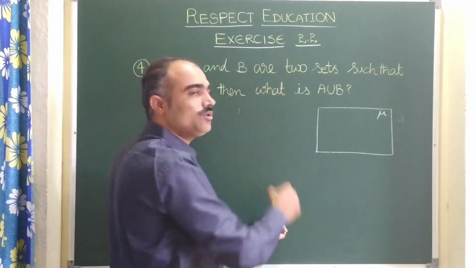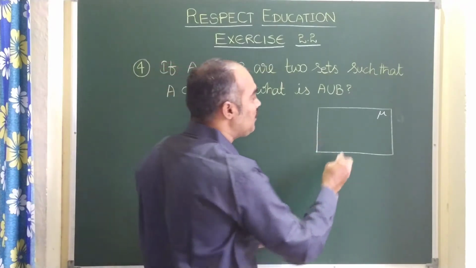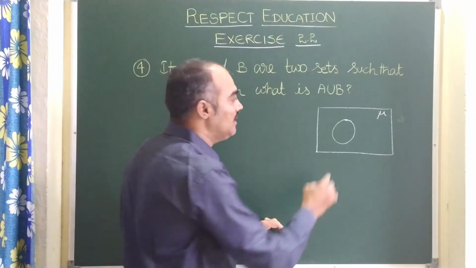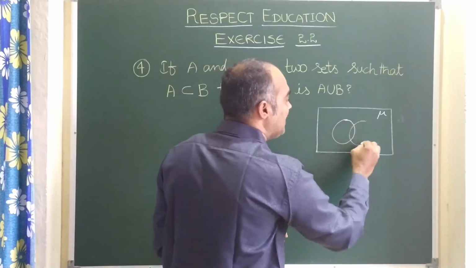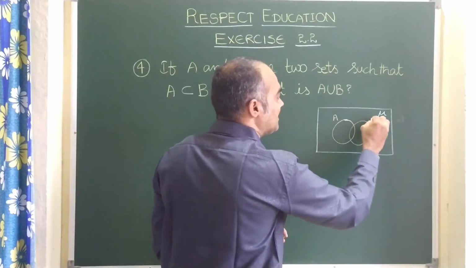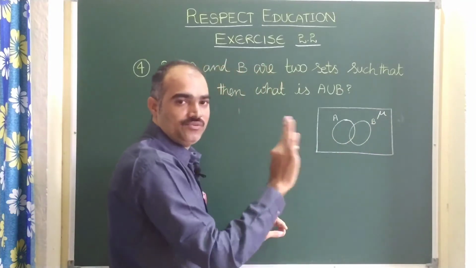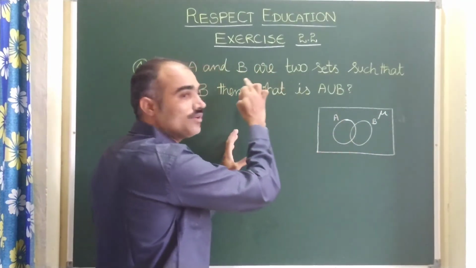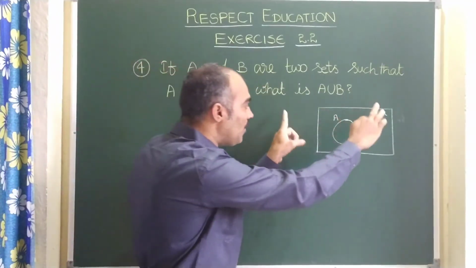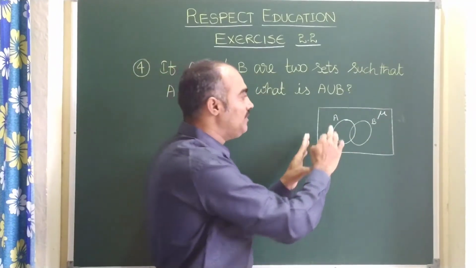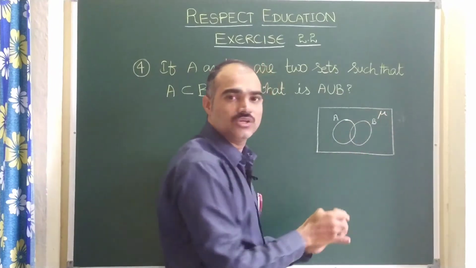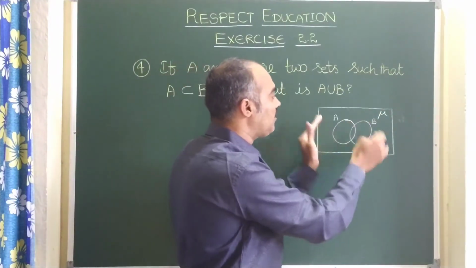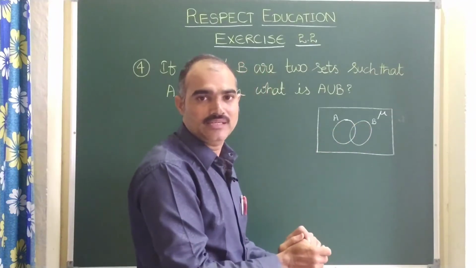Now here A and B are two sets. Sets are represented by curved lines, mostly circles. This is one set, children, and this is another set. Take this as set A and set B. Of course, this is not the exact diagram for the question. First I am telling you what a Venn diagram is. A Venn diagram is nothing but a rectangle which indicates a universal set. Universal set means so many sets are present there, right?